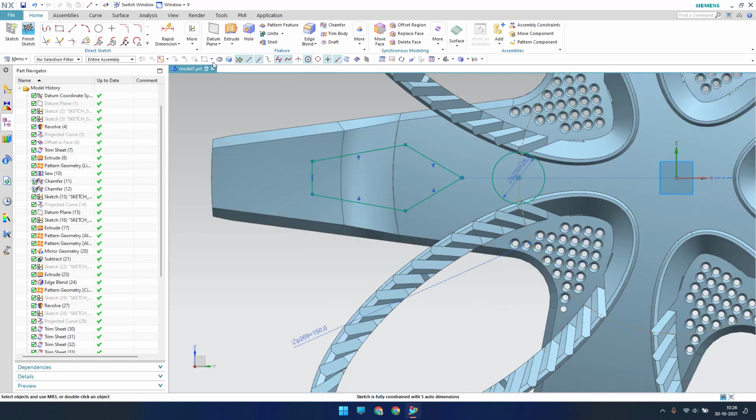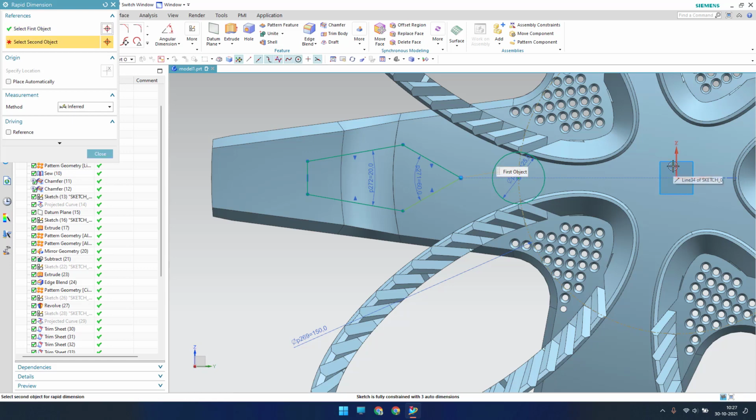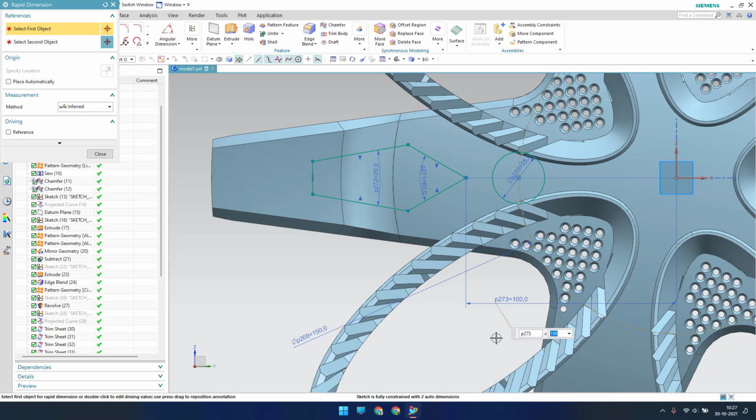So I'll use angular dimension. The angular dimension between these two will be 60, and the angular dimension between these two should be 20. Okay, and then the dimension from this point to this point, let us make it 100.